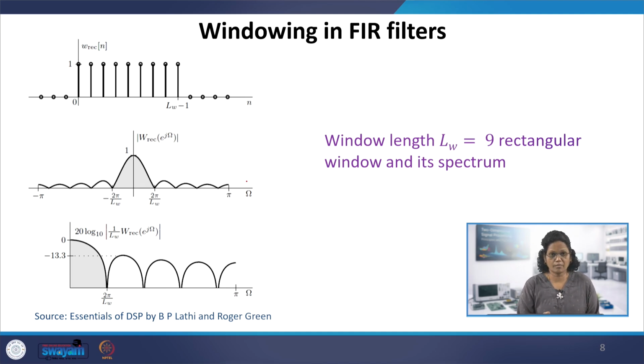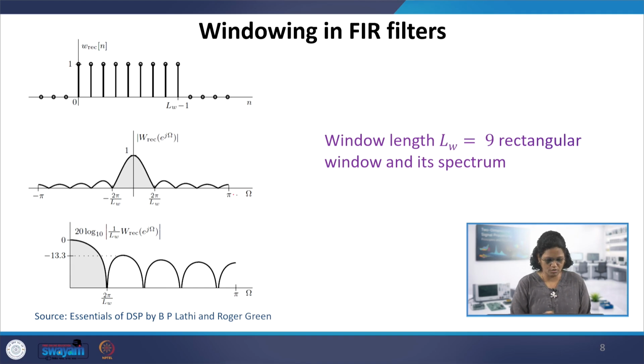which is the rectangular window. If we take the Fourier transform of it, the rectangular function results in a sinc function, and the magnitude of the sinc function is taken here, not the phase response. This is the magnitude response, which gives all values positive, and this is the width of the main lobe, and we can have the side lobes here. If we plot this on the log scale, 20 log of W(e^jω),